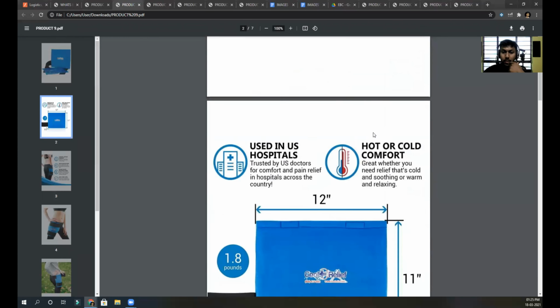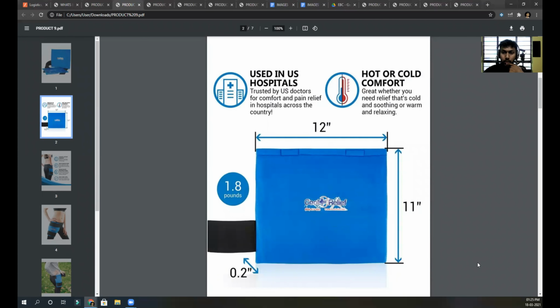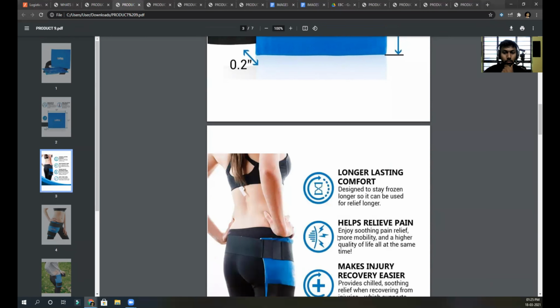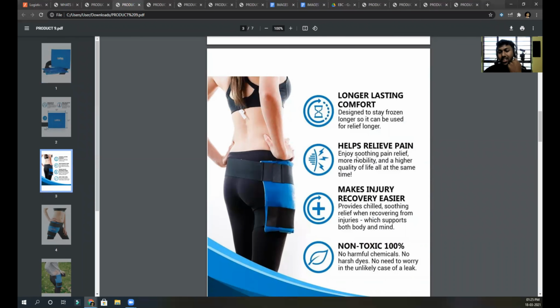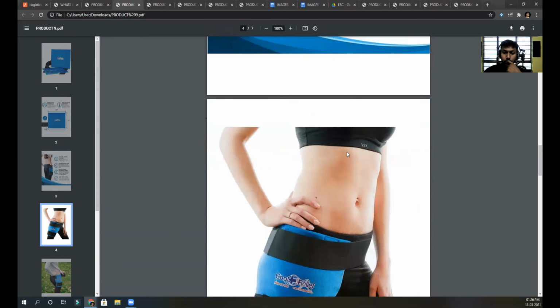This is a main image. They have another main image most probably. This is another image as well as infographics as well as dimensions. They have made all in one single image. Now this also has a lot of text written here, paragraphs which no customers will read. First of all, they won't go and zoom the image. Some customers do, but these letters will be so small when they actually see the images. So only this first chunk of text is okay, but the next paragraph is not at all okay.